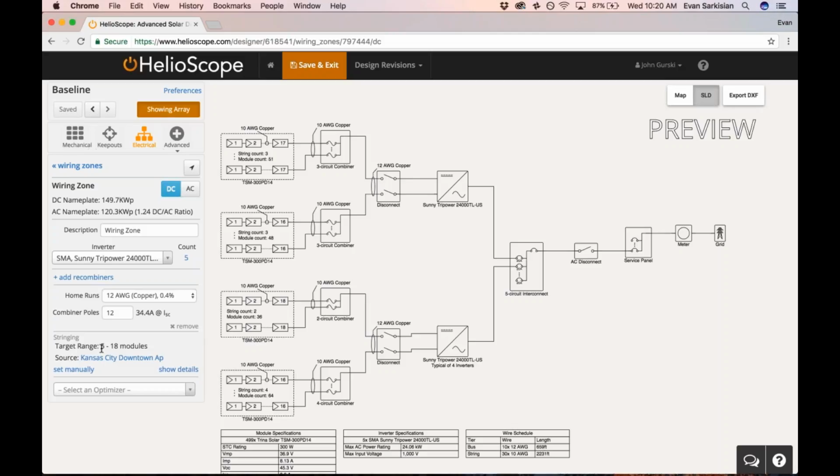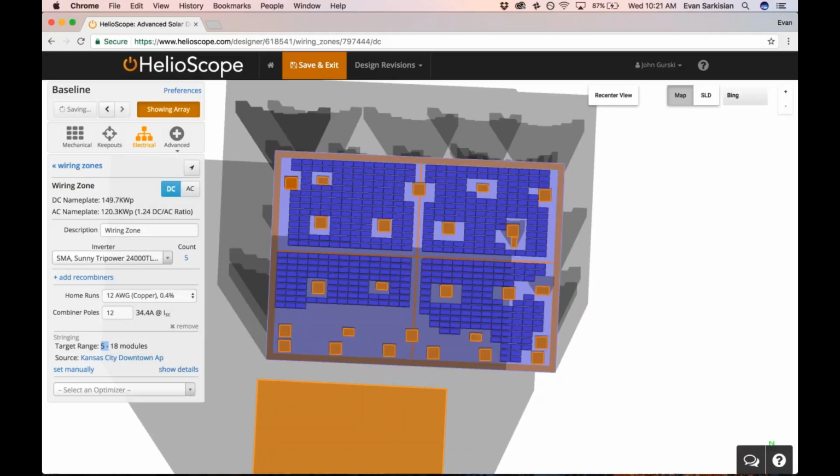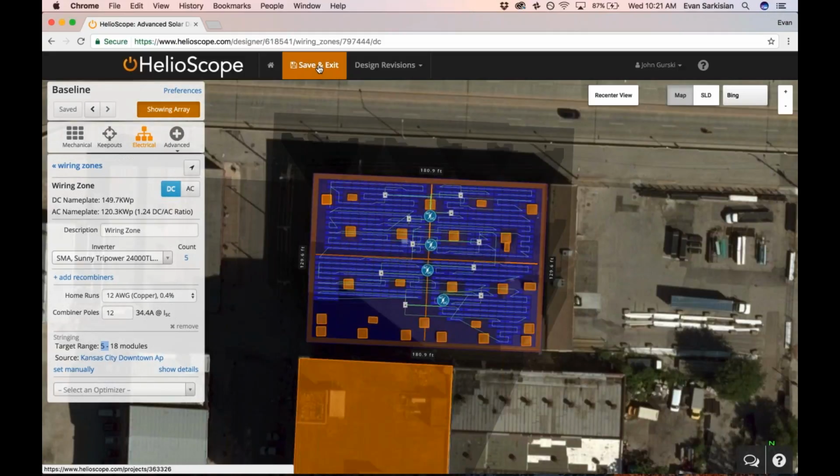So in this case, I have a minimum threshold of 5 modules, but I never go below 16 modules because I can hit all of them. Okay, so that single line diagram can be exported to DXF if you want to customize it. We can save and exit here,